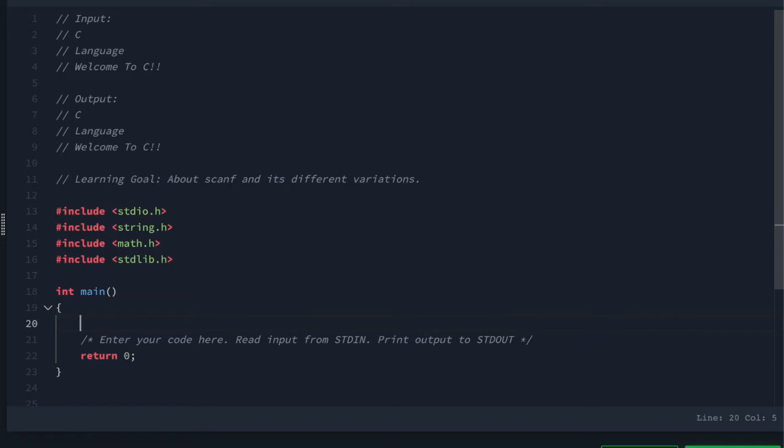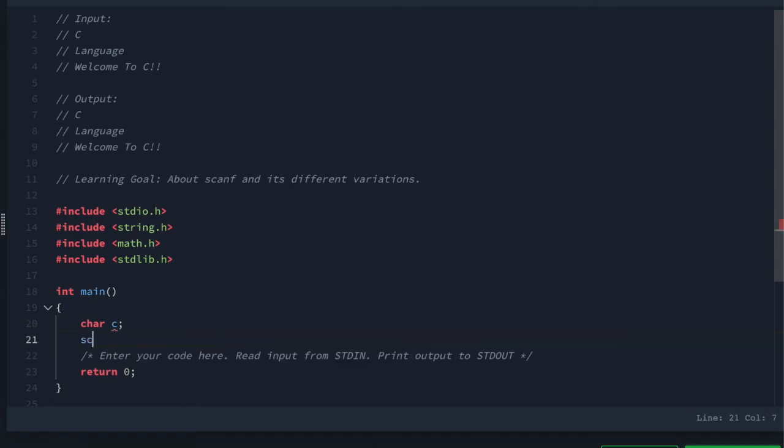As we all know, the first letter is a single character. So we can just define a character c, and then write the scanf method, which will define the specifier as %c because it's a character, and then we tell scanf to store the value entered by the user in the variable c.